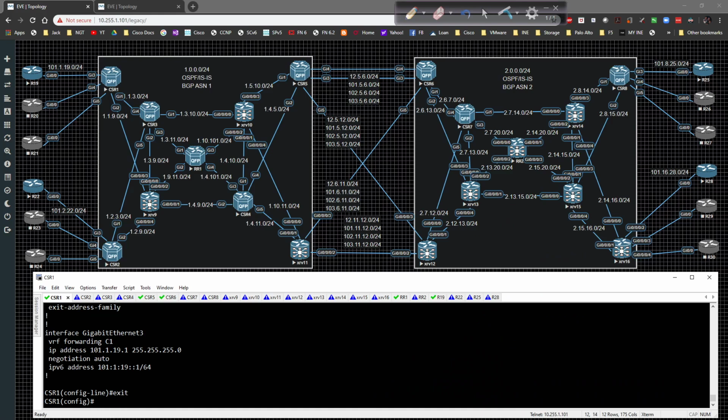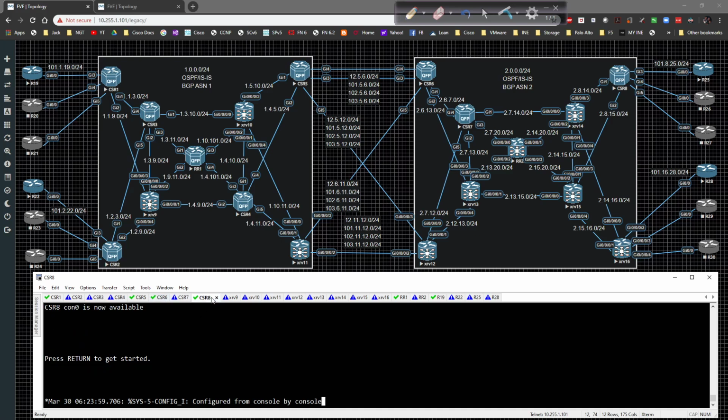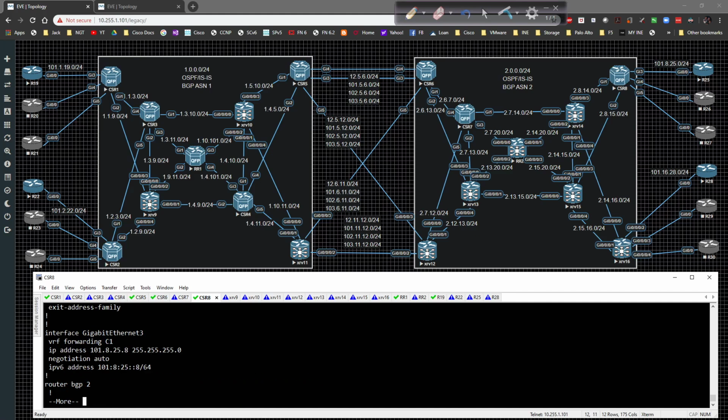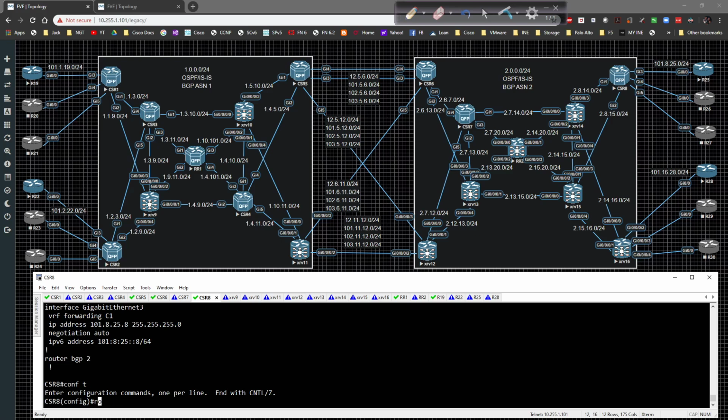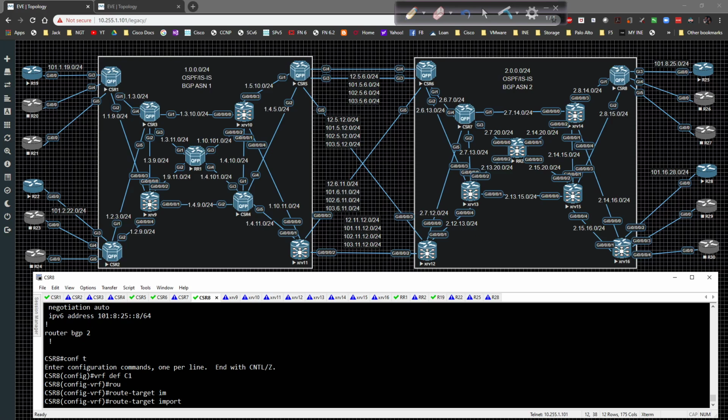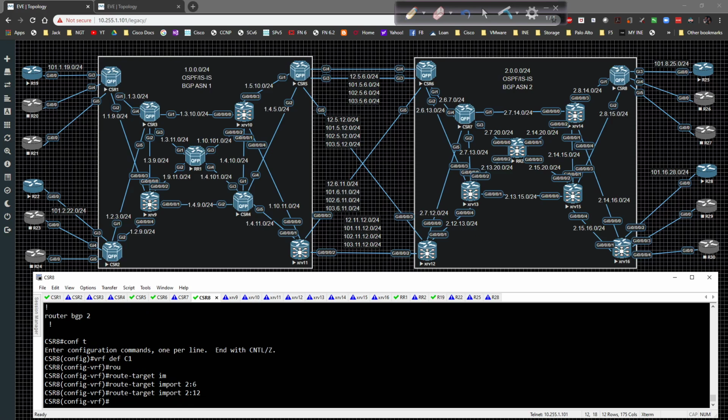So now we should have that. Now we're going to have to do the exact same thing on CSR 8. So on CSR 8, we do a show run VRF. We're going to see that we're doing import 2:16, so we need to go up to global config. VRF definition is going to be C1. Route target import is going to be 2:6 and 2:12. So now that I've done that,